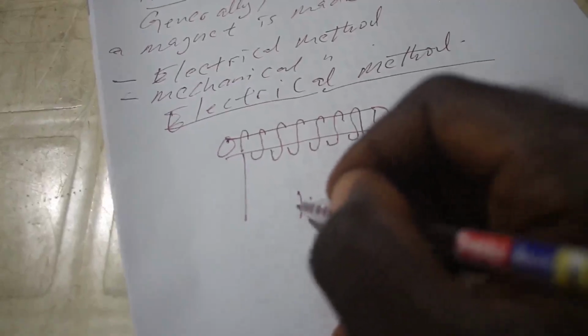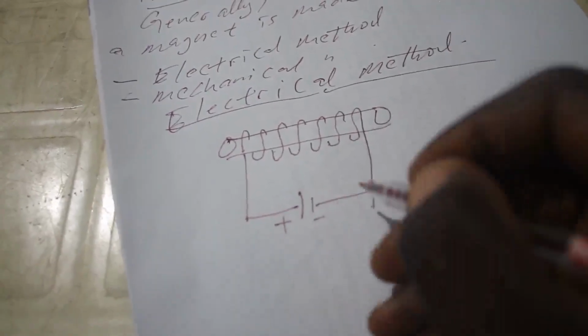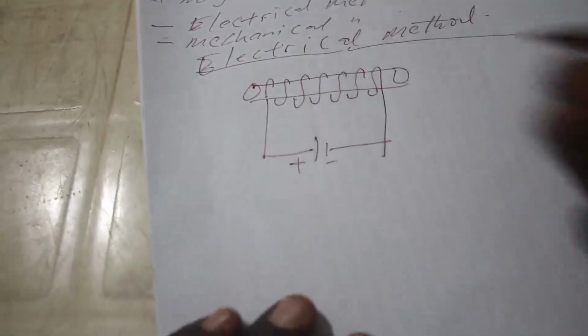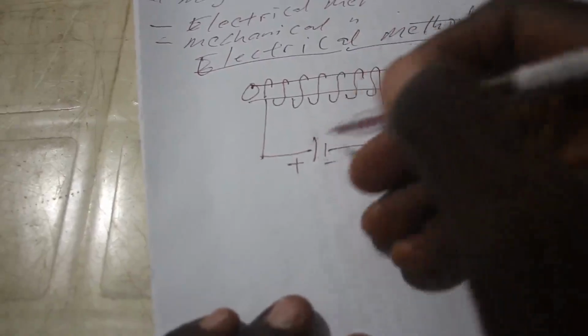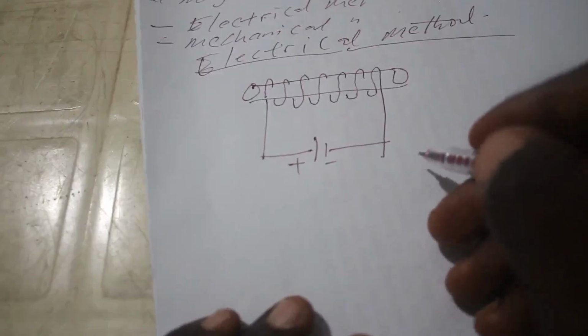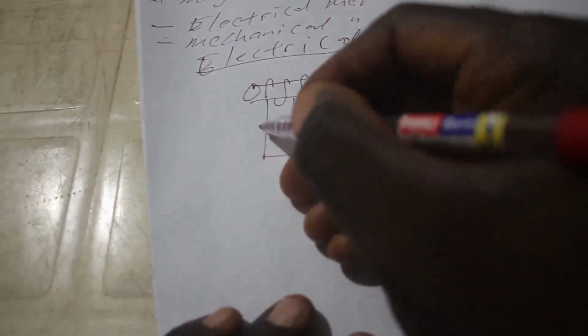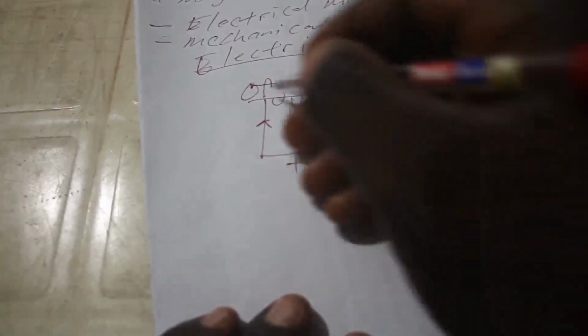So let's say we have a battery here. Here is the positive and here is the negative side. Now the specimen to be magnetized is put inside the hollow, and then you switch on the circuit. As current begins to flow, you allow it to flow for just